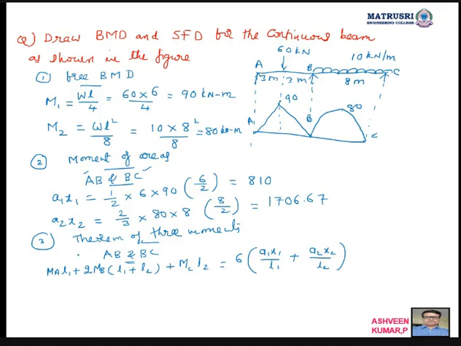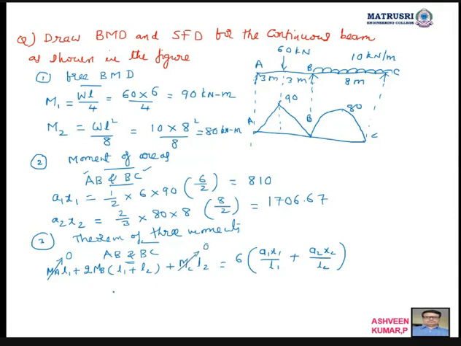Now what about MA? What is the type of support here? It is simply supported. You want to see the two far ends, A, B, C means you want to see at A and C. At B you don't take it, because you will get a moment there, one clockwise, one anti-clockwise. So you want to see at A and C only. What is the type of A support here? Simply supported. So moment about simply support, hinge support, roller support is 0. So B you want to keep. Then coming to C here, moment about C, a simply support, is 0.